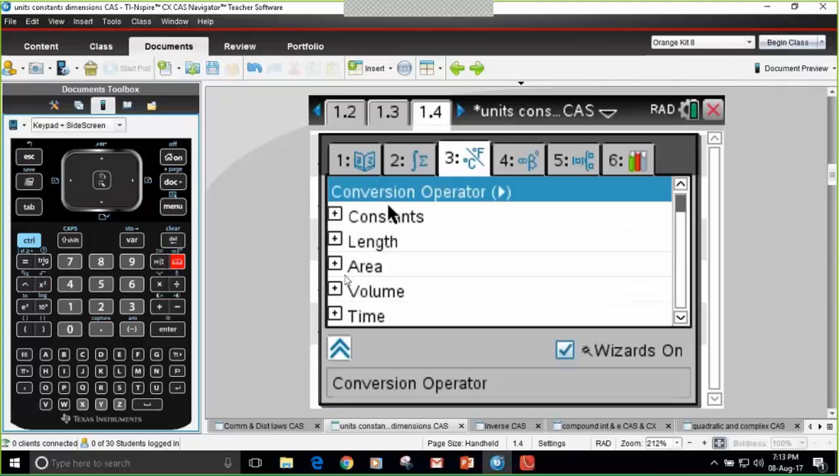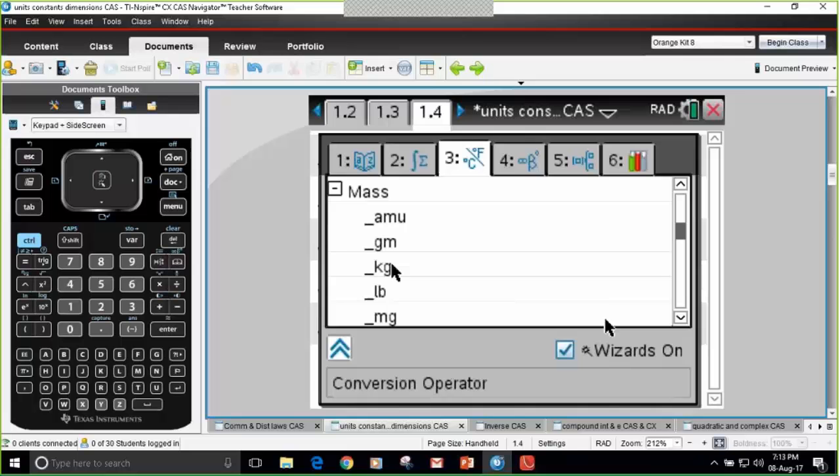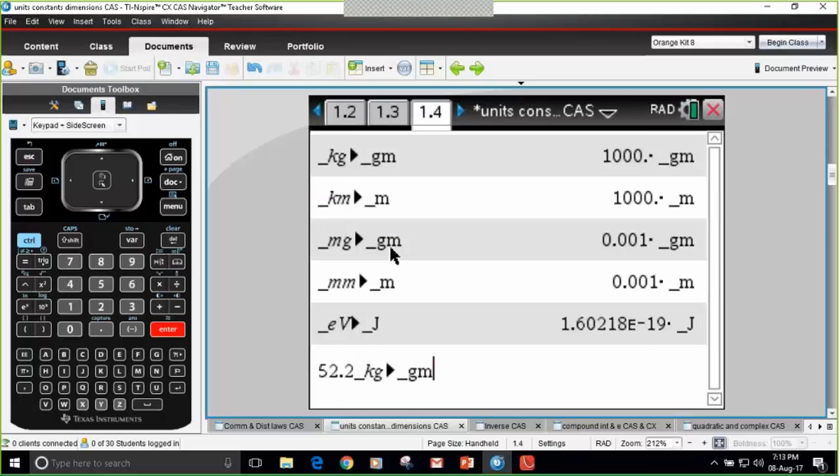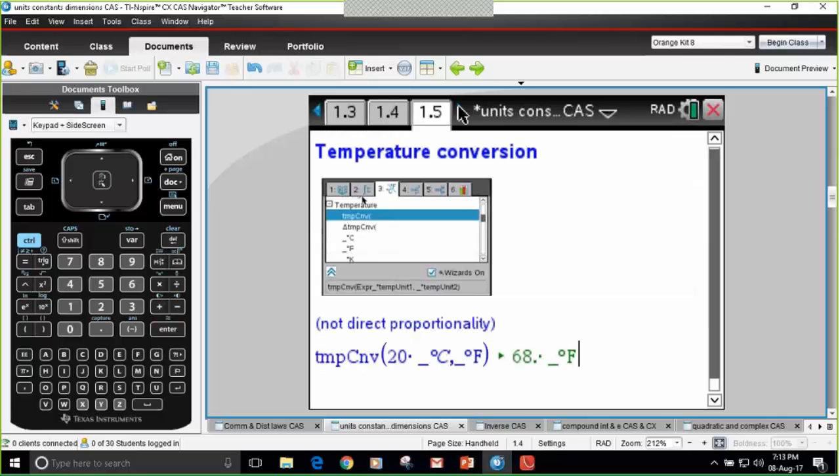Now you want to convert that maybe into something else, just say gram to make it easy, into that, and it tells you it's 52,200 grams. So you can do that sort of thing, which is pretty useful. Temperature conversion is another direct proportionality, so it has its own little function built in, and you can access that